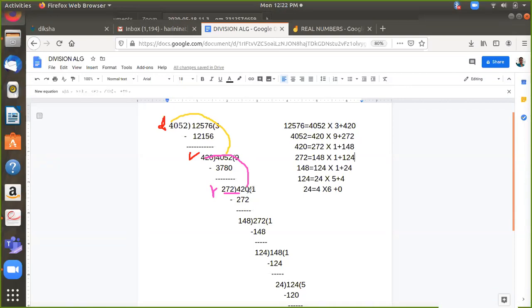Only one. So when the subtraction is over, I get a new remainder. What is this remainder? It is 148. Is it equal to 0? No. So what should I do? I should go and check with the previous divisor. Is it less than the divisor? Yes. So what should I do? Bring down this divisor now as the new dividend.